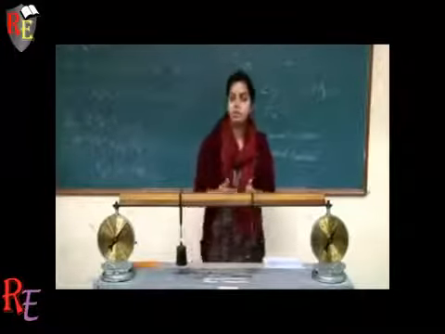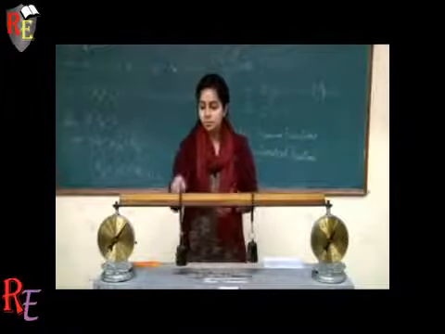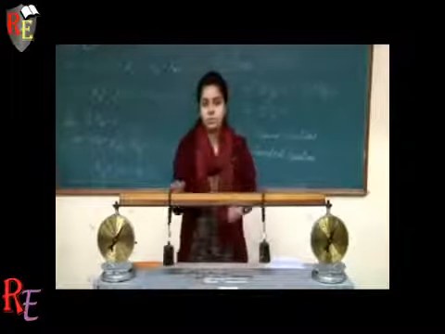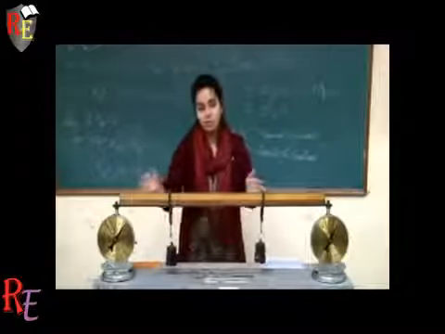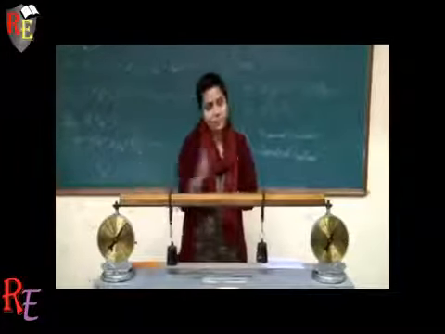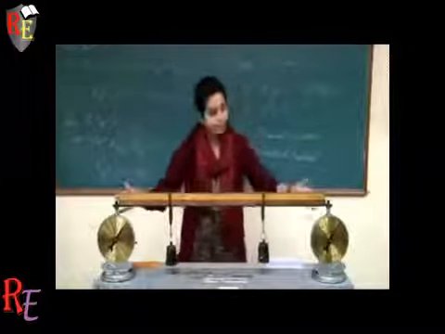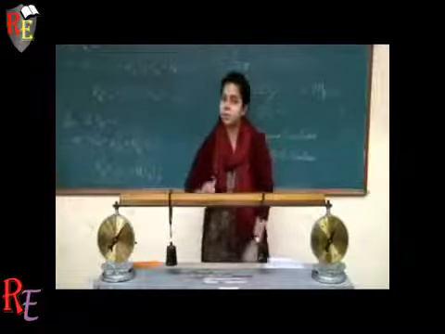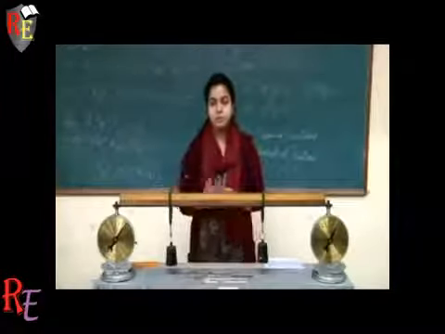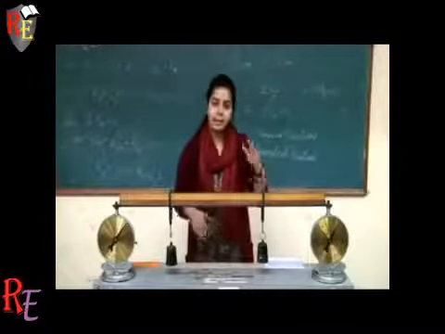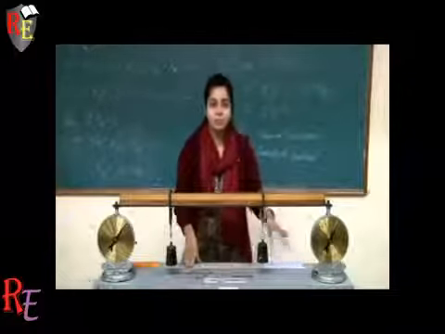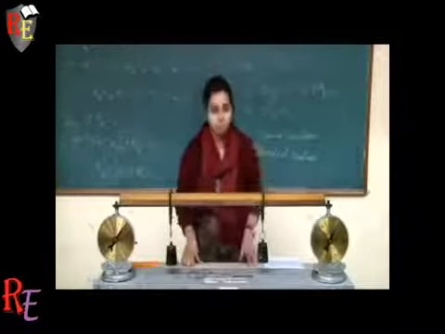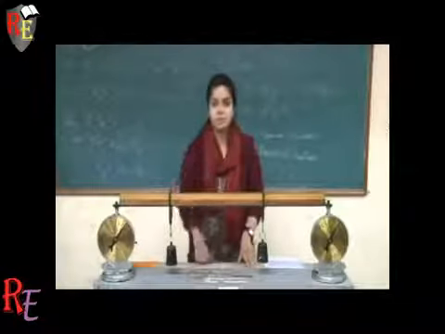Take 5 or 6 different readings by simply changing the locations and the positions of these sliding hooks. This changes L1 and L2, and accordingly RA and RB change, and hence RA dash and RB dash change. So take similar 5 to 6 readings, and at the end of it you have to calculate the mean percentage error for RA and RB both from all those 5 or 6 readings.